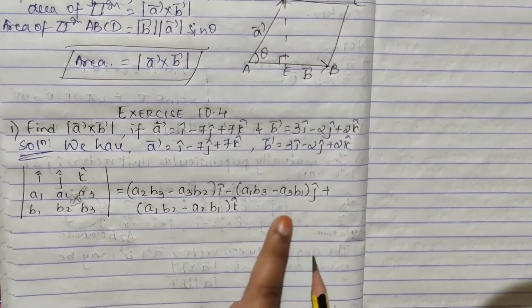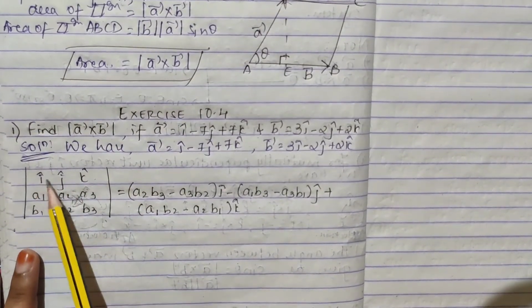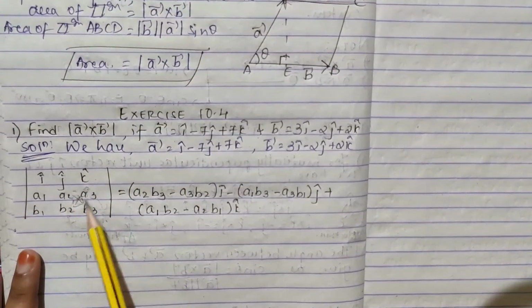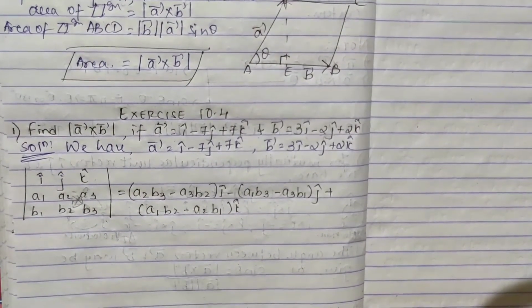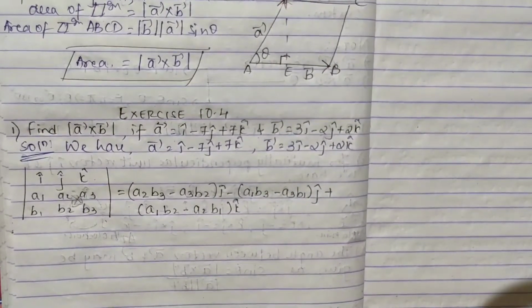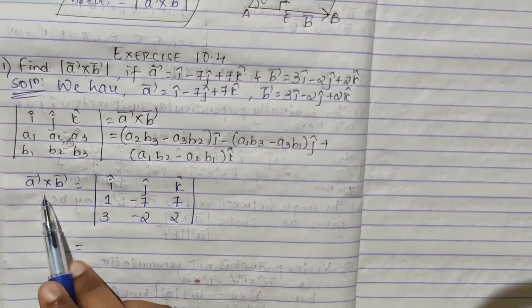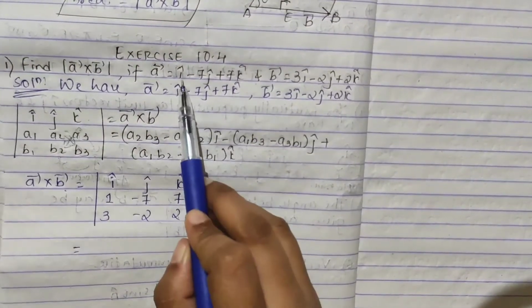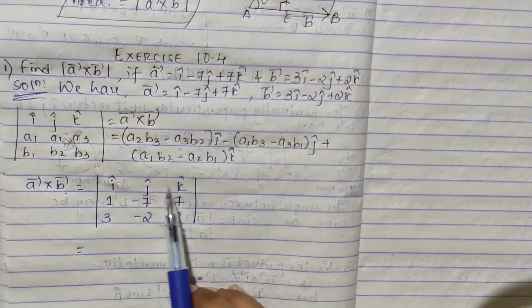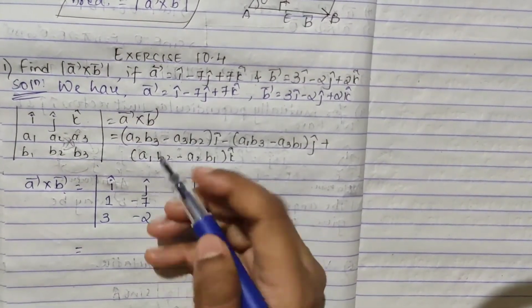If you can't remember this, then do it in this way. First draw the determinant, write I, J, K, write your A1 and all these coordinates, and then just open it up. You have to multiply everything. We'll see now what we have got. See, I have written it: vector A cross vector B is equal to the determinant I did. What is it? I, J, K. If you have X, Y, Z, you should write X, Y, Z, or A, B, C, whatever. So here it is I, J, K, so I cap, J cap, K cap I have written.